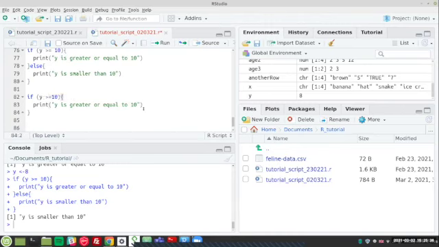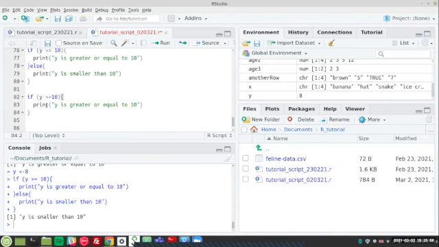Now I want to say if it meets this criteria and it meets another criteria, which is y being bigger than 5. So if it's bigger or equal than 10, no, sorry, if it's